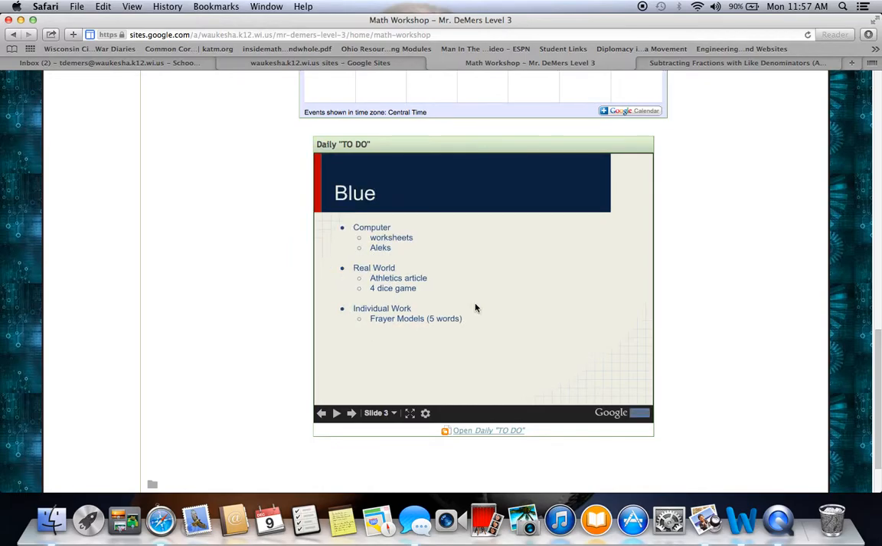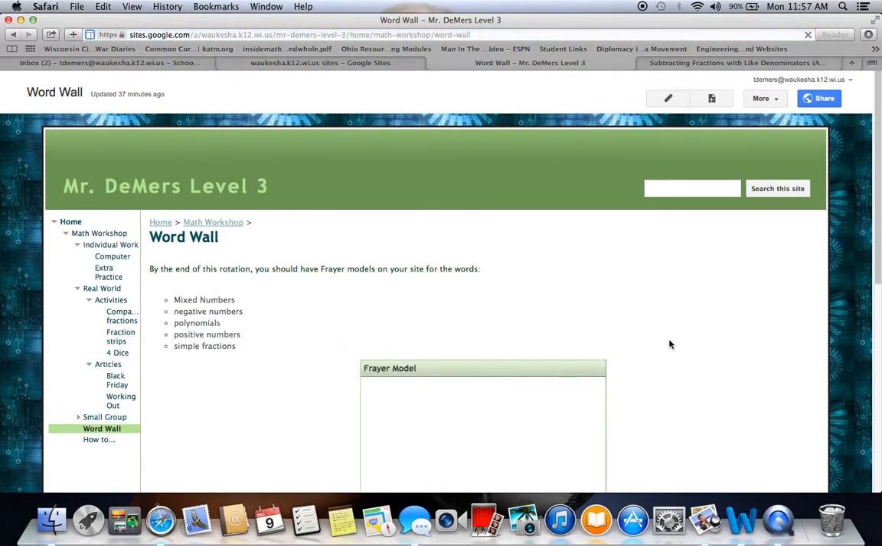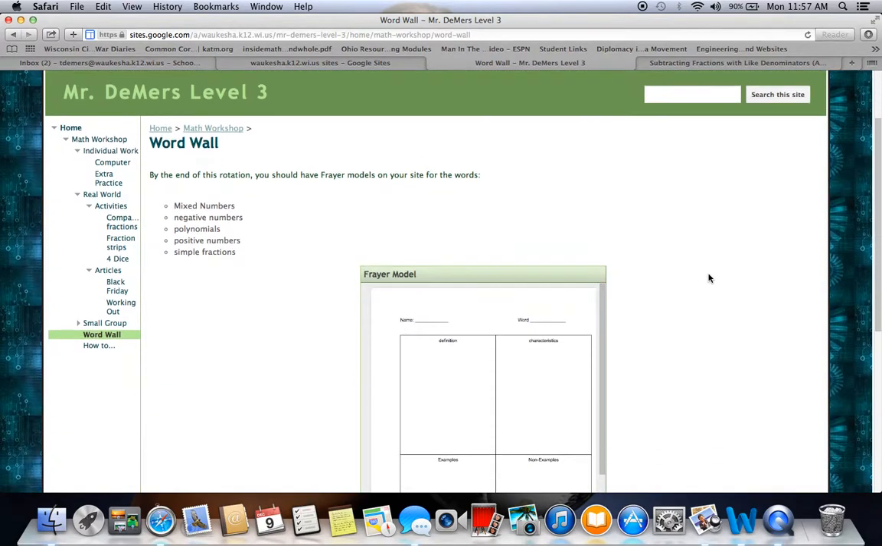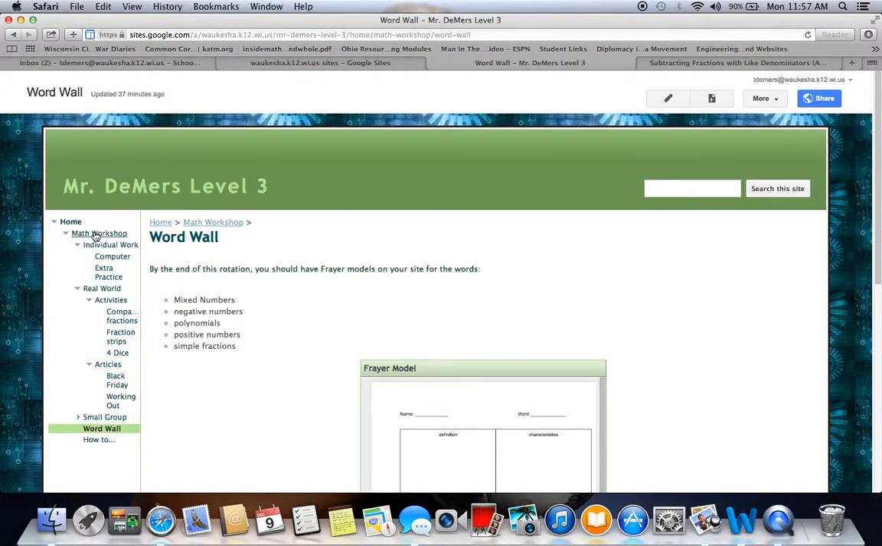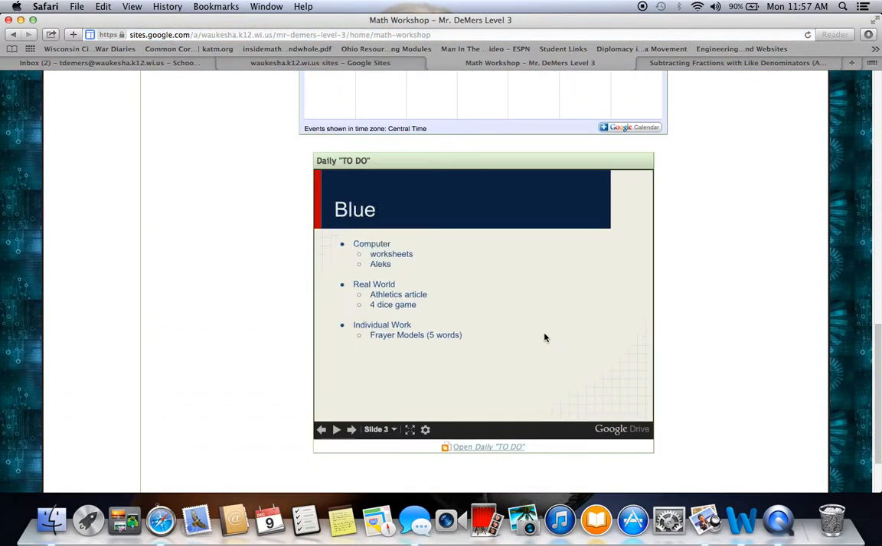the yellow group, you are going to start with the Frayer models. The Frayer models aren't going to be on the back wall because I'm not there right now. But if you go under word wall, they're going to be mixed numbers, negative numbers, polynomials, positive numbers, and simple fractions. These are concepts that we're going to be talking about this week, but we're really going to be delving into next week. So, in Math Workshop over the next 2 days, actually 3 days, the things that you need